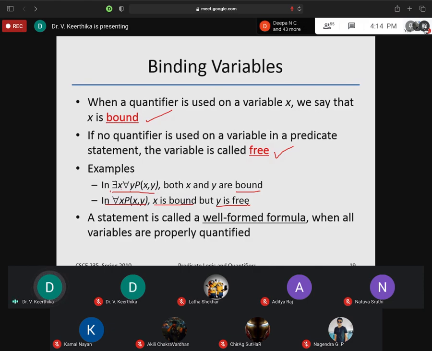What is a bound variable and what is a free variable, you have to identify from the statement. If it is prefixed by a quantifier, then that variable is a bound variable. If it is not, then we call it a free variable. A statement is called a well-formed formula when all the variables are properly quantified.